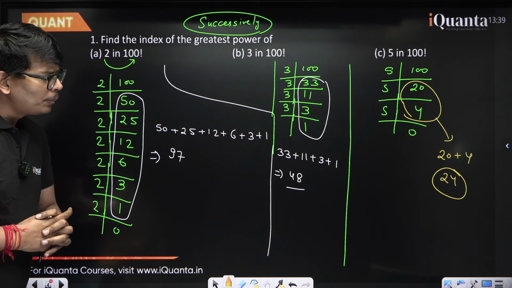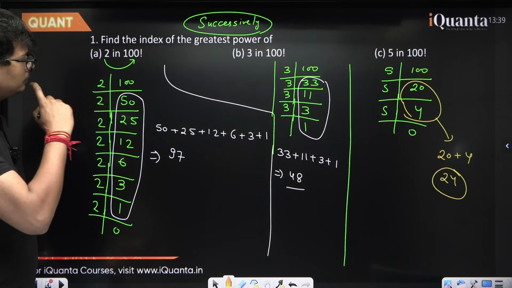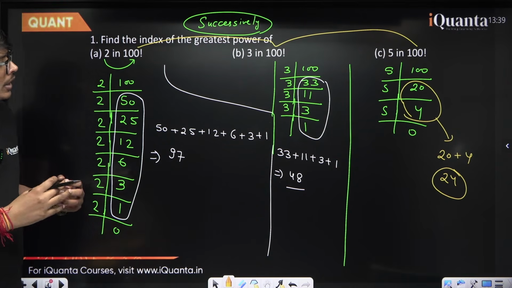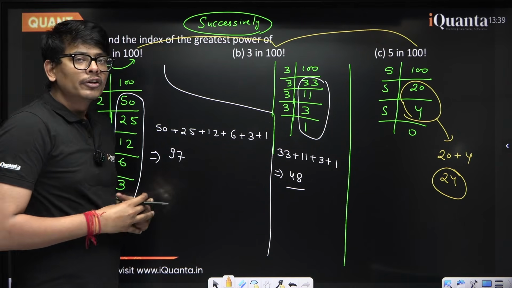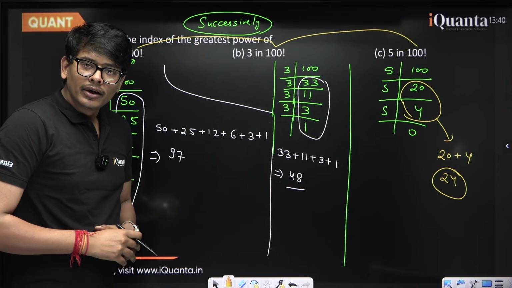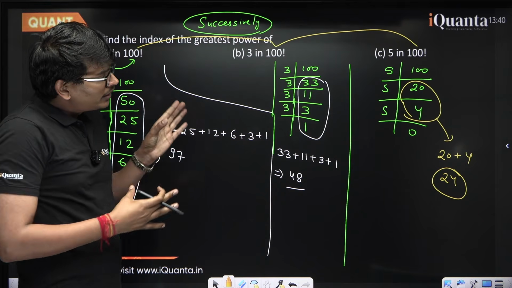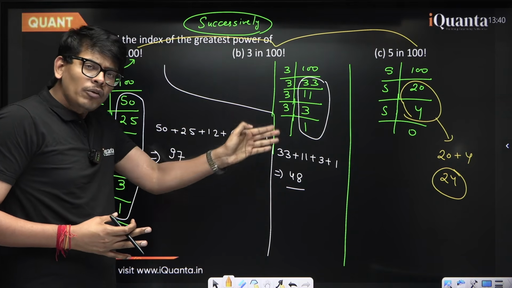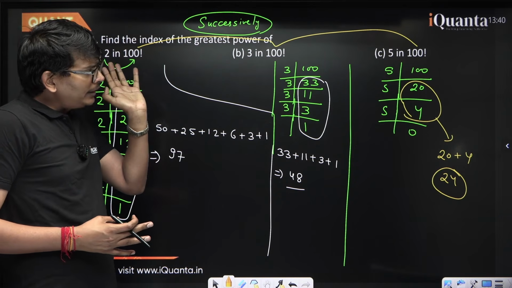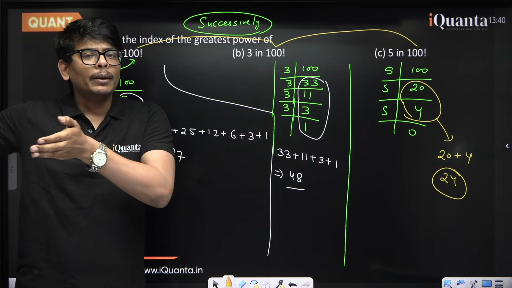Now you can observe one interesting thing from this particular part. I have taken the same factorial. If I ask you the power of 2, it is 97, power of 3 is 48, and power of 5 is 24. So in a factorial, the number of 5s will always be less than the number of 3s and the number of 2s, right? That means in some questions you have to decide whether you have to take the number of 2s and the number of